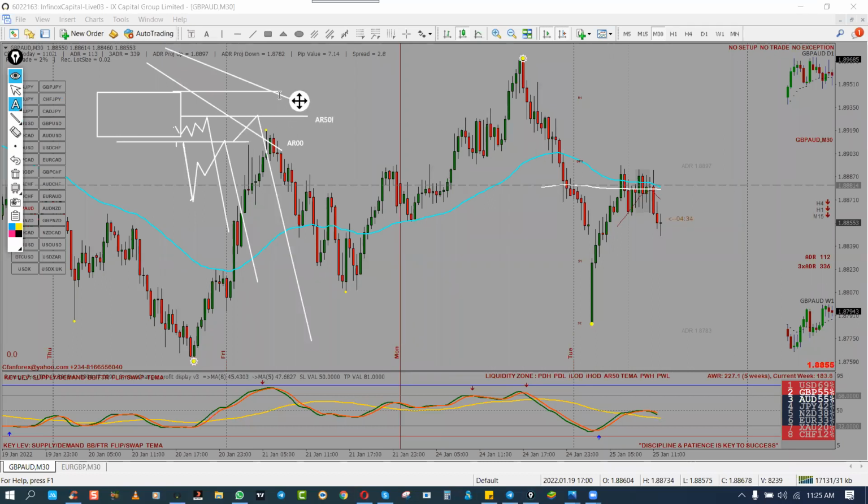Or the market comes back and trades back into the 50 line to give us the AR50. In this case, the positioning of when the market is about to come back, where the market will get to, whether to the AR100 or the AR50, is dependent on where the 50 EMA is at that particular time of the day. So you can use your 50 EMA to filter out whether to expect an AR100 or an AR50. I hope this clarifies a whole lot of things. So let's take a look at another pair.